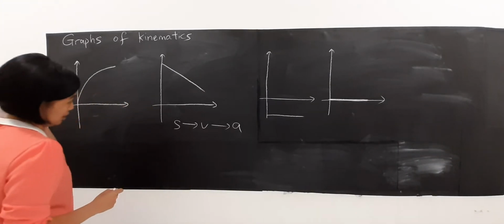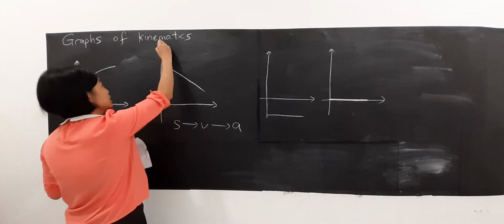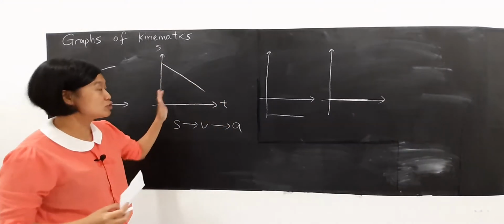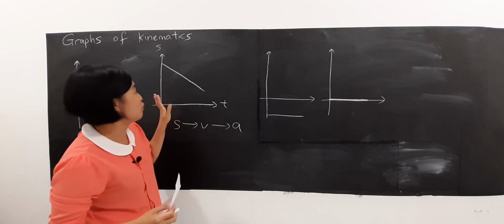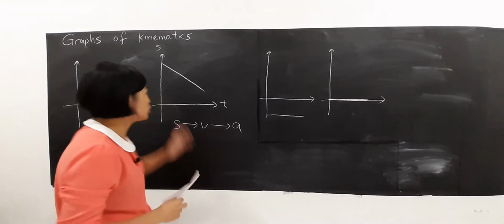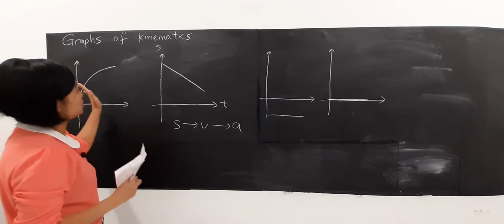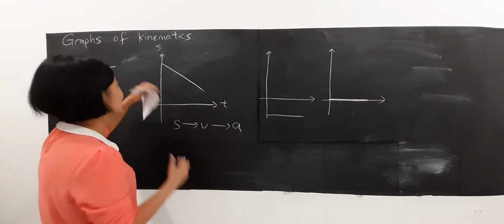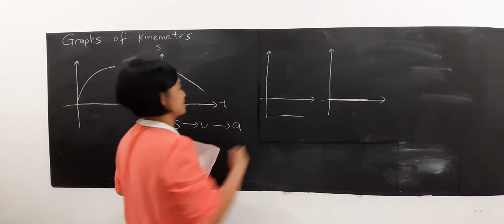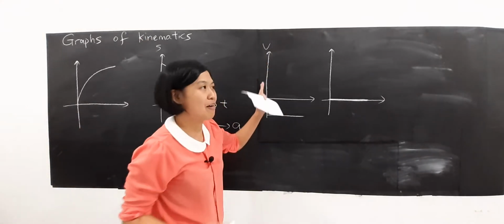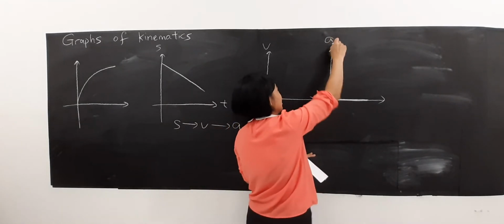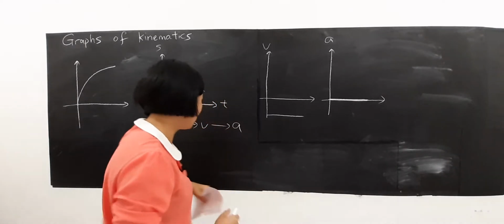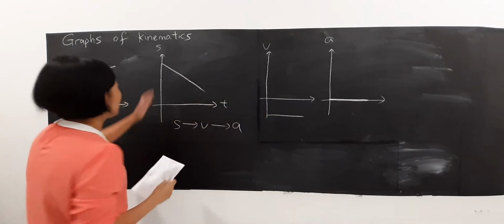For example, you are given an ST graph in the question, and they ask you to draw the graph for acceleration. Before that, you should remember those patterns first. After S is velocity, after velocity is acceleration. So from here you can draw your graph easily. This can be applied not only